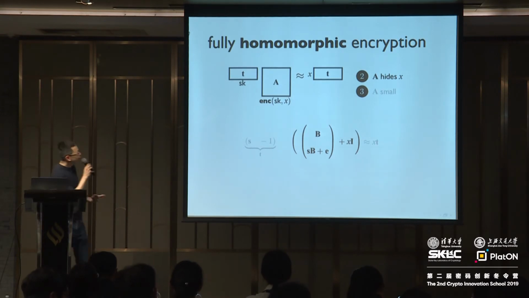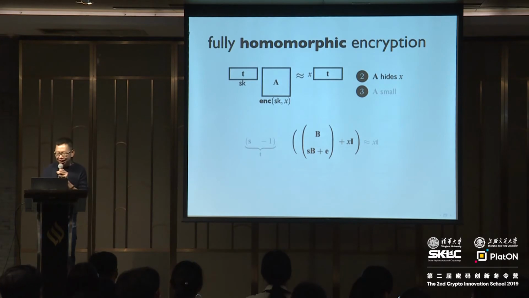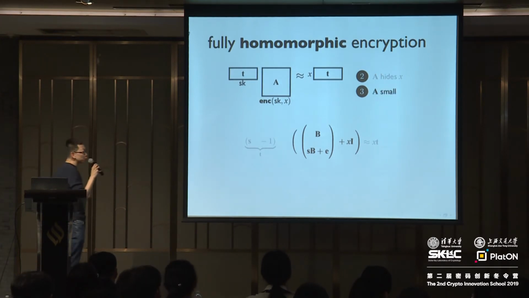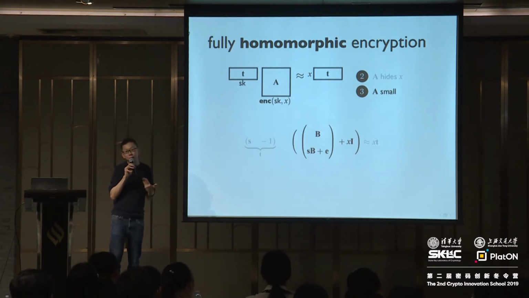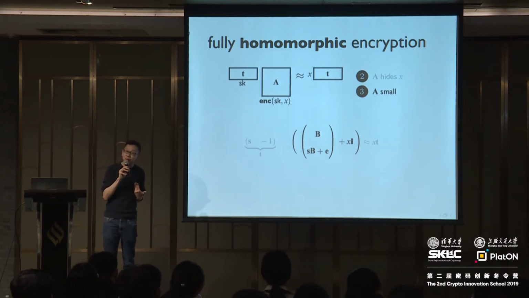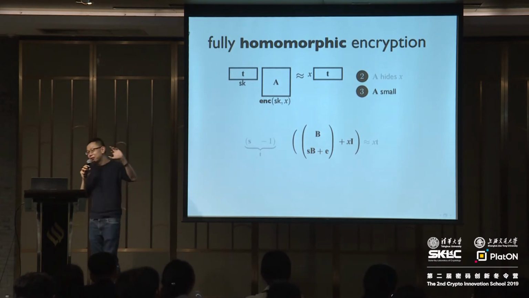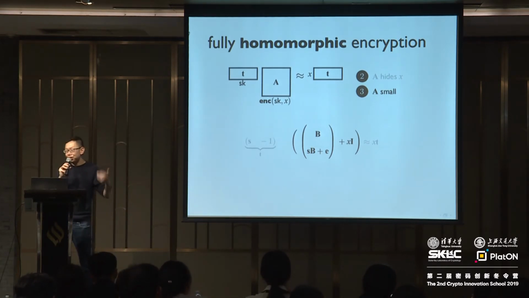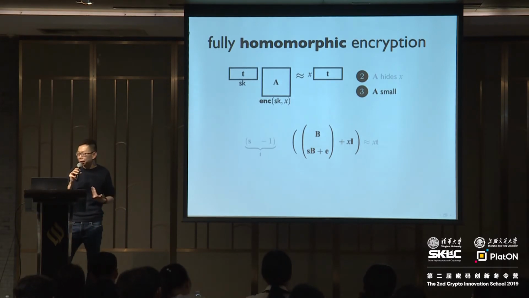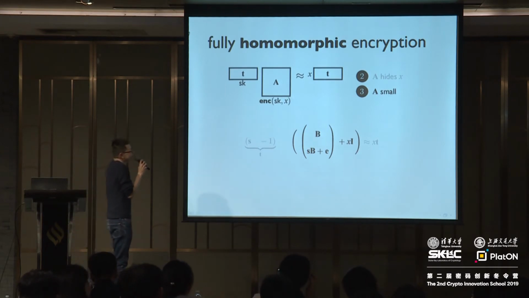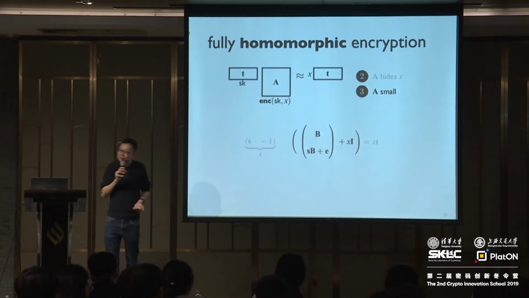So that gives you semantic security. Now the problem, however, is that this A is big, it's not going to be small. In general, in the LWE assumption, remember that you need to pick B to essentially be a uniformly random matrix. So the B part of the ciphertext is already going to be random, and the SB plus E part is essentially going to be random also. We know that it looks random, so most of the entries are going to be big. When you add X times I to it, it will still remain big.